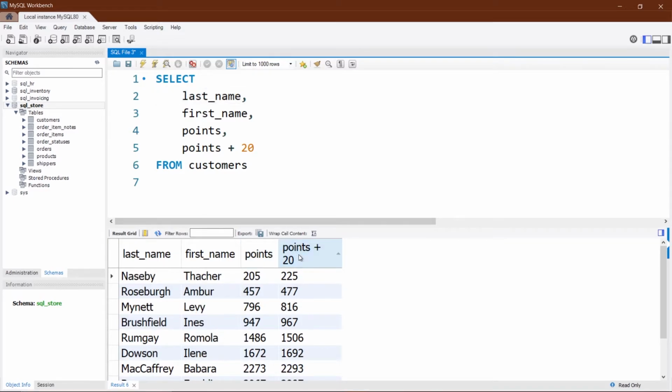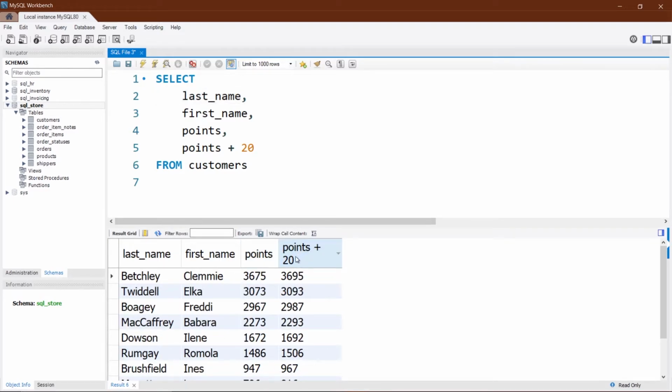Now you can see here that this points plus 20 is not the name we want. We don't want to show this points plus 20. Instead, let's say we want to see updated points on this column. What you can do is use the as clause.